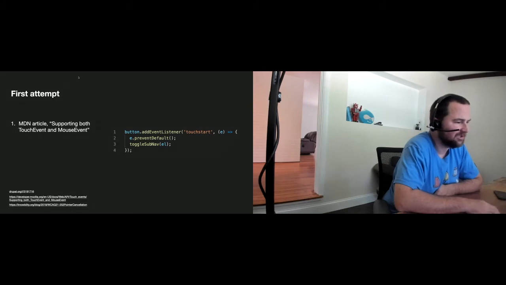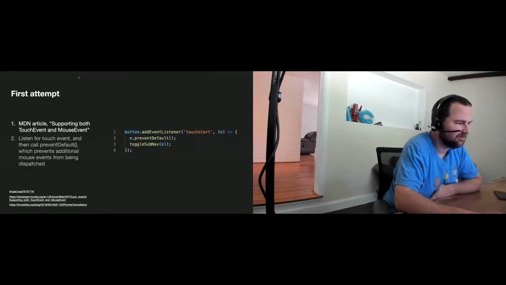And the code to your right is pretty straightforward. The code says if there's a touch start event, which is basically any type of touch event, don't do anything else, and then toggle the submenu. So that touch start event will prevent the click event and mouse over events from firing, and then it will toggle the submenu. And this works kind of like you would expect, except for the fact that